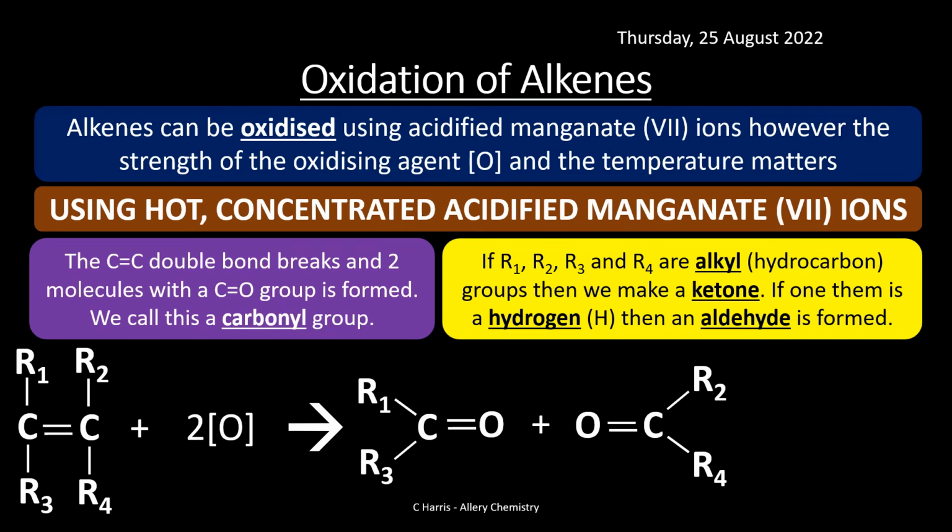So if R1, R2, R3 and R4 are alkyls, in other words hydrocarbon groups, then we make a ketone. And if one of them is a hydrogen, then we form an aldehyde. So here you might have R1 and R3. Now if these are two alkyl groups here, we form a ketone, which we call a ketone. If one of them is a hydrogen, the other one can be an alkyl, it doesn't matter, then we form